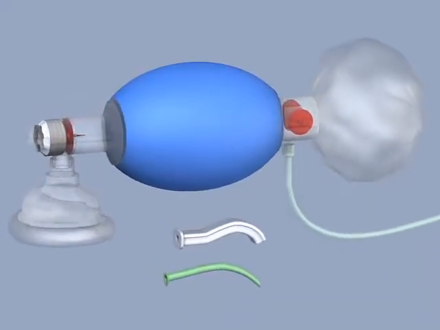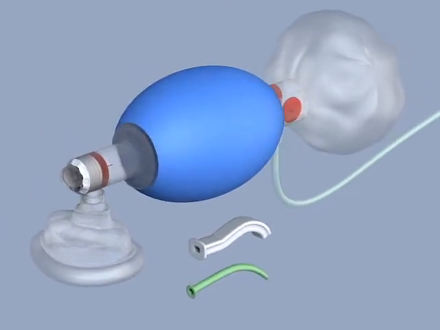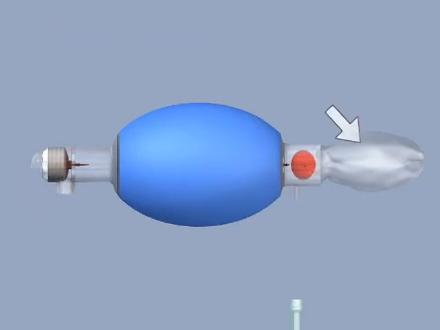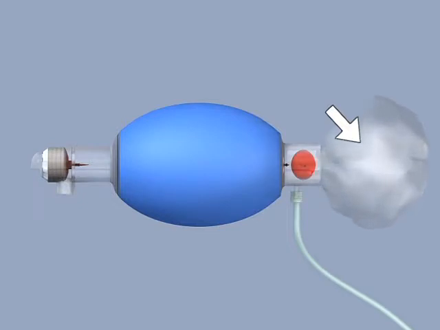Only a few items are required for basic airway management. These include a bag valve mask and an oropharyngeal or nasopharyngeal airway. Important components of a bag valve mask include a reservoir system that assures that each breath delivered is highly concentrated